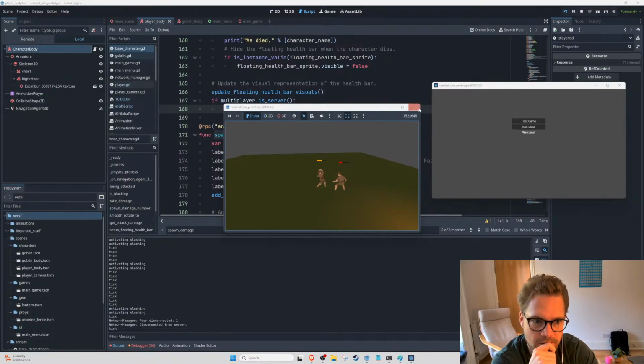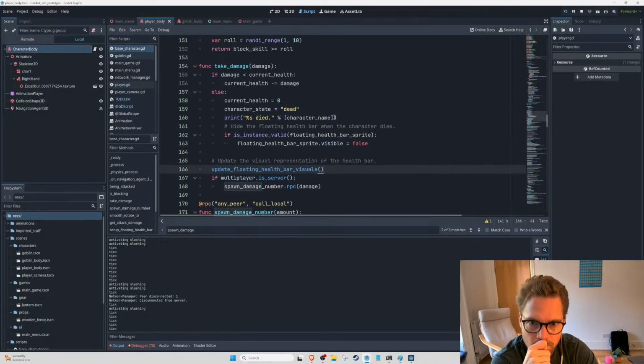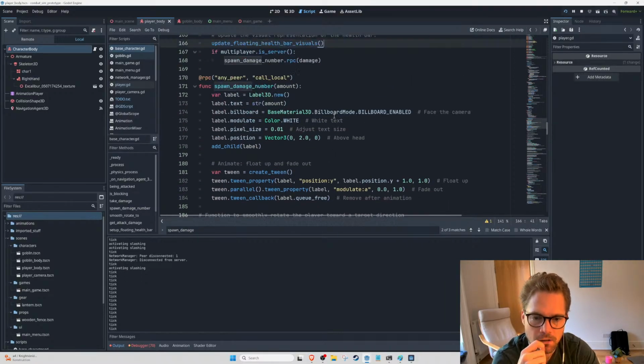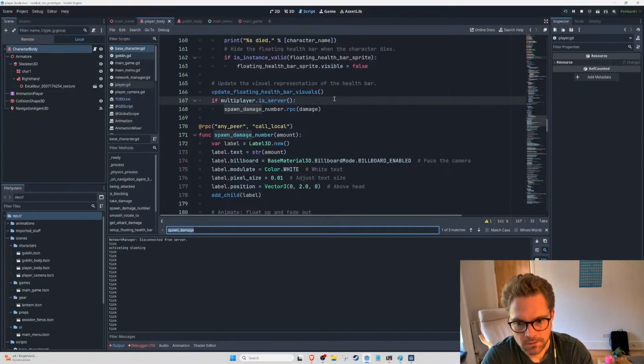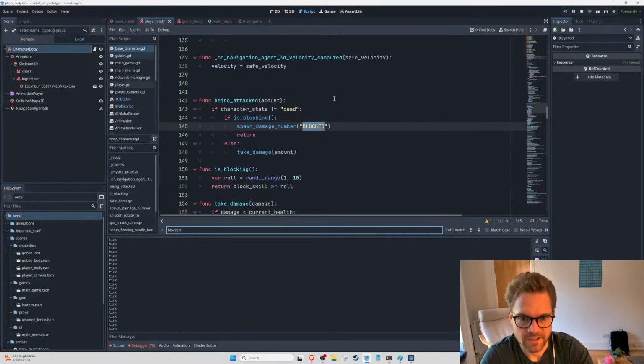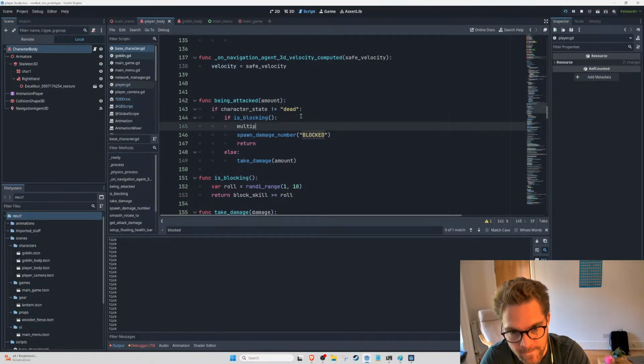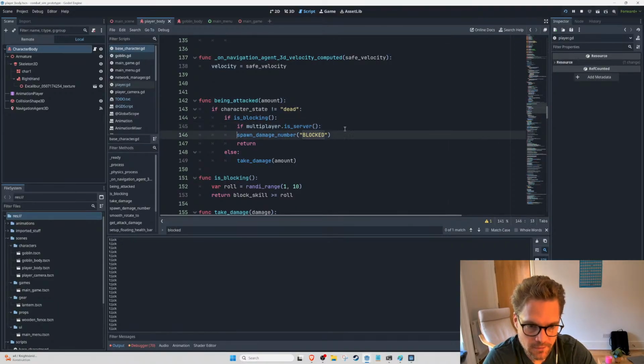Is that a different call? Yeah. If multiplayer.is server,